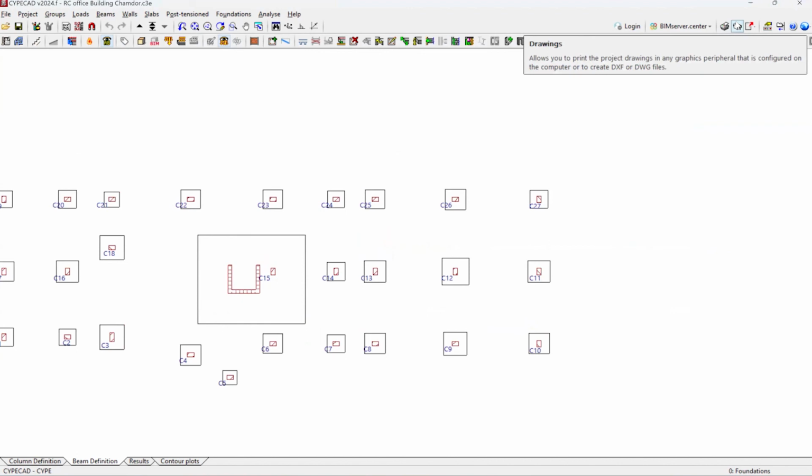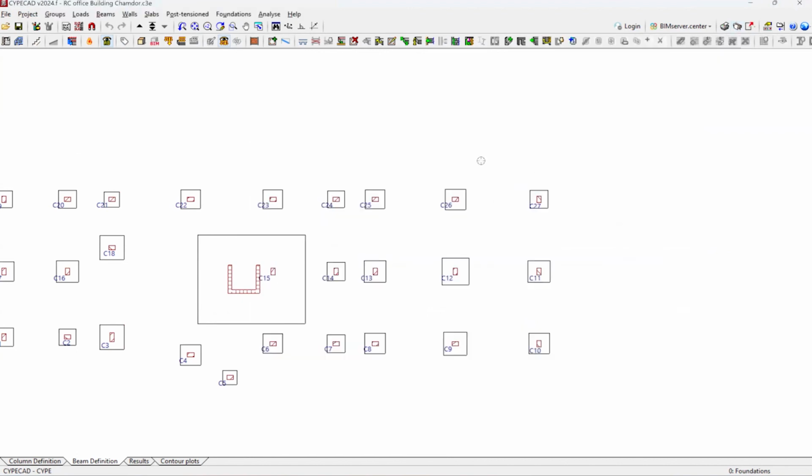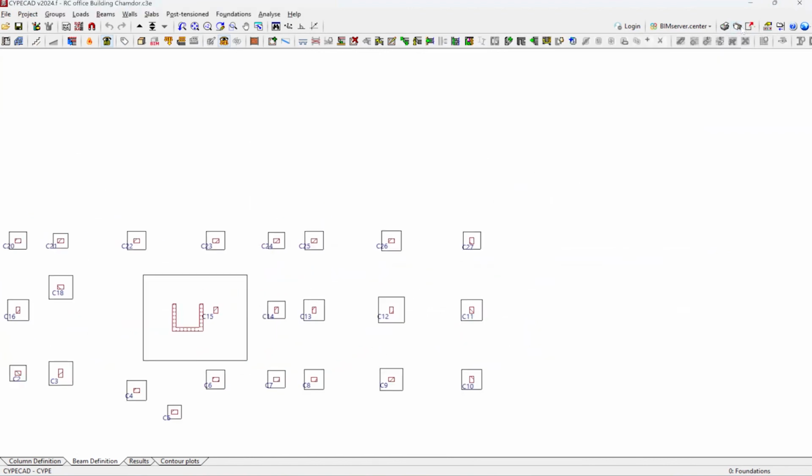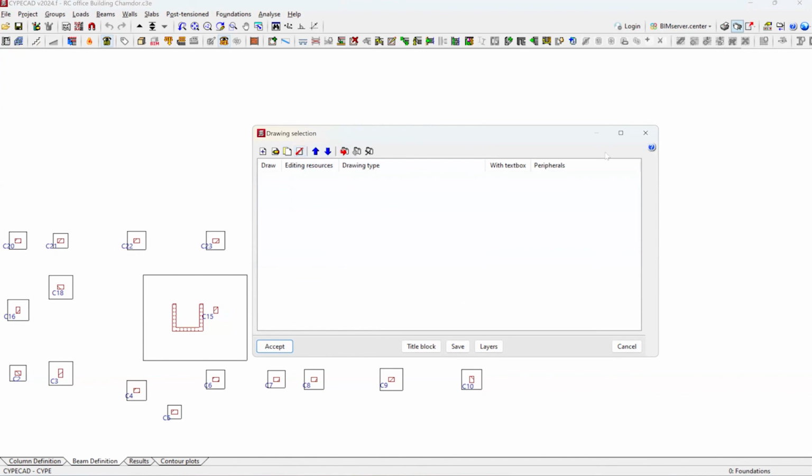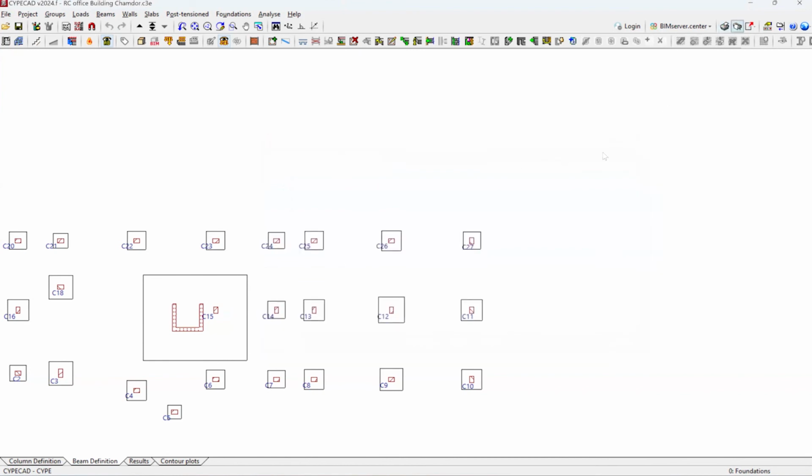Let's do the plans, and I think we'll finish up with this. Let me see the type of plans that you're generating with this. Okay, then from there you can go to drawings, drawing selection. You check, for example, here you want to check the floor plans. Let me just delete everything and start. So normally